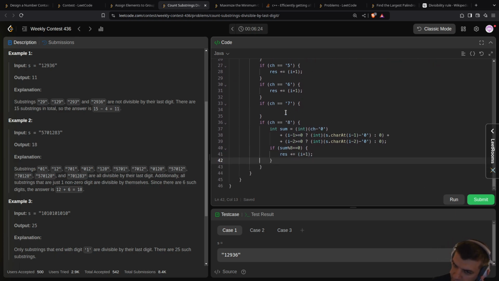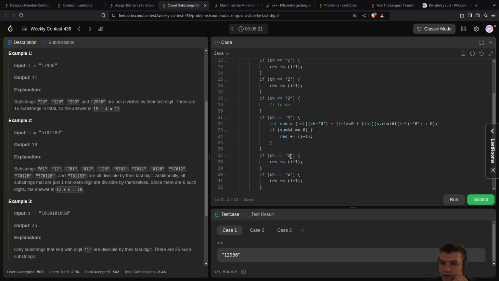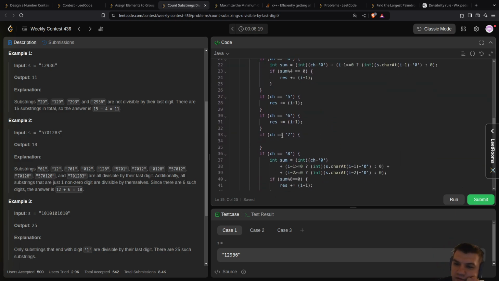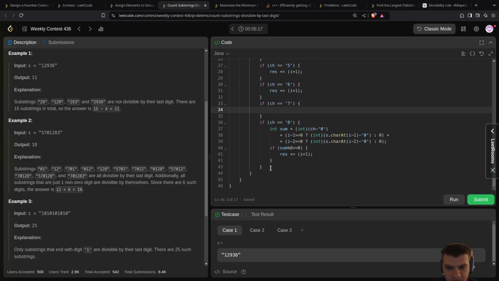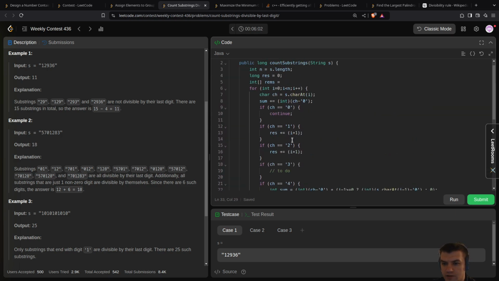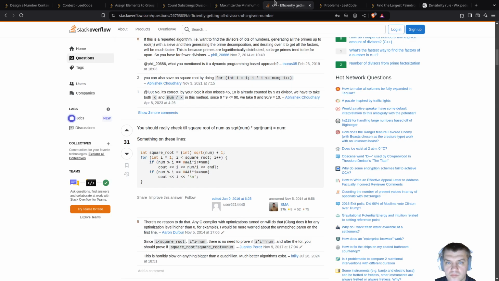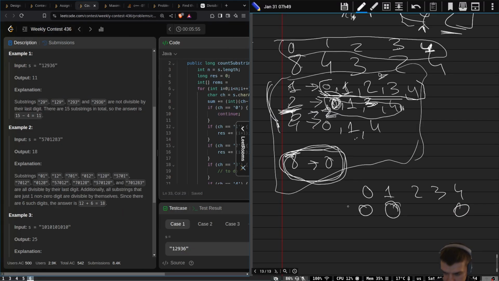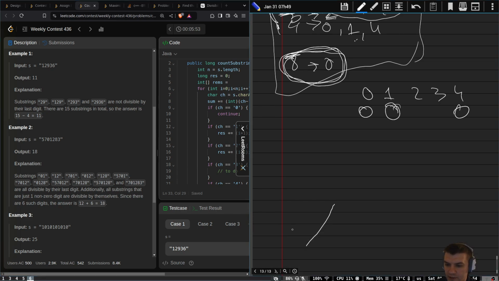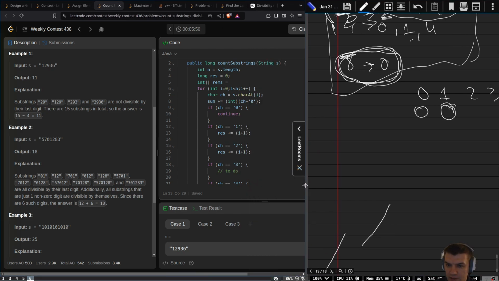And then for the 9, I thought I have a gap here for 3, for 7, and for the 9. If char is equal 9, right? And if char is equal 7, and if char is equal 3. So the idea is to calculate